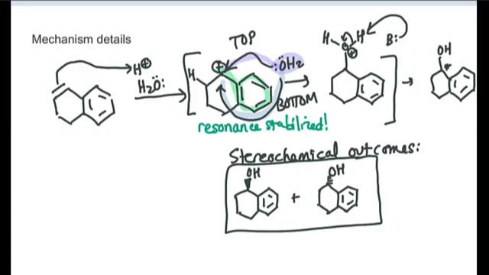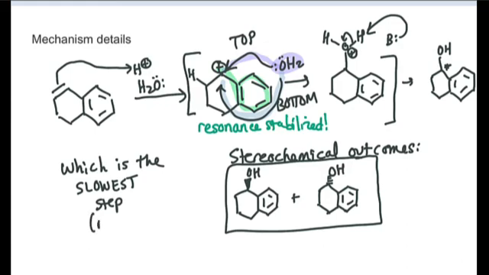Keep in mind too what we know about reaction kinetics, and that we could pick out the slow step of this reaction, which is the slowest step. We would call that the rate-limiting step. And that's always going to be the formation of the carbocation, remember. And so I see that carbocation forming in this very first step when we pick up the proton. So this is going to be the slow step, and all subsequent steps will be faster than that first